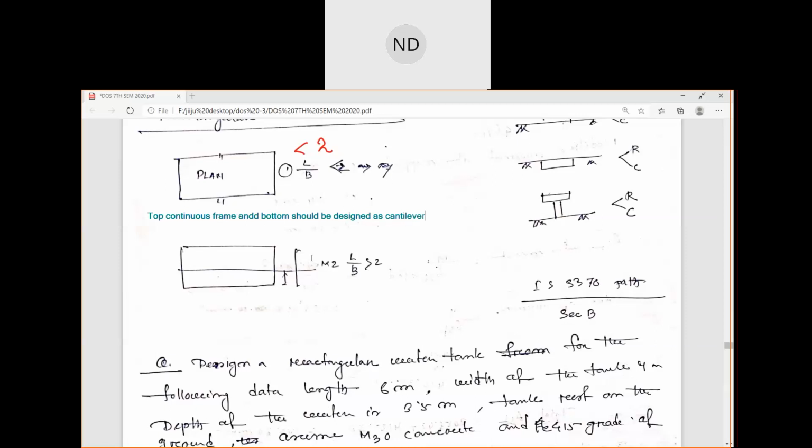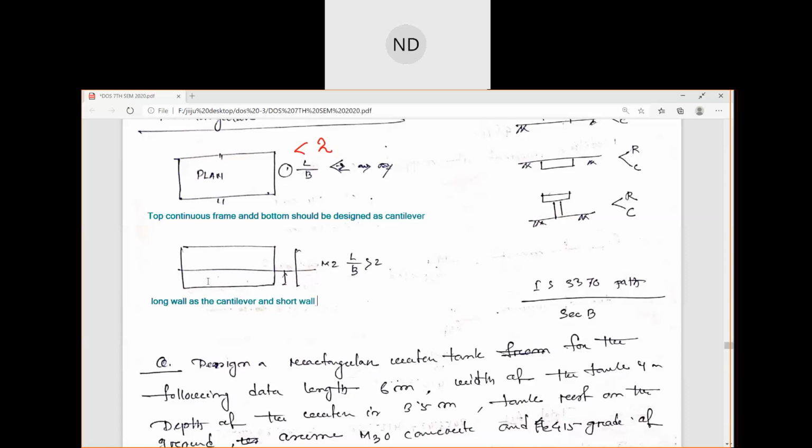Now when your L by B ratio is greater than 2, how are you going to design your rectangular tank? You will take the long wall as the cantilever. And the short wall will also have two portions, the top and the bottom. Suppose this is the short wall; here at the top and bottom you'll have